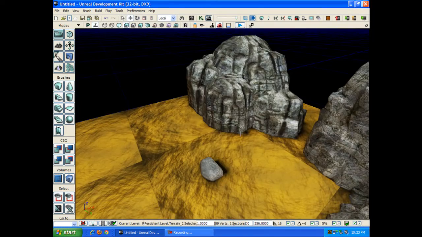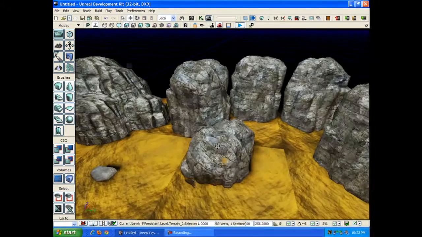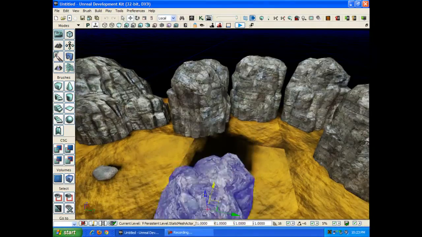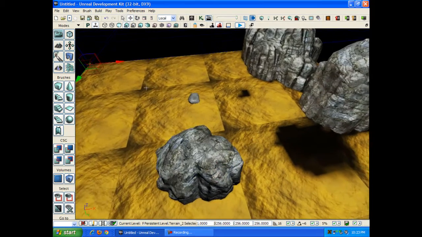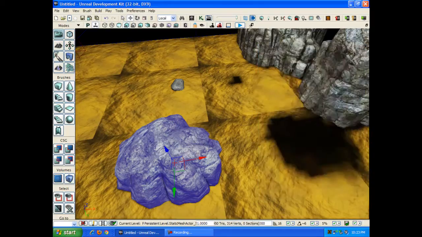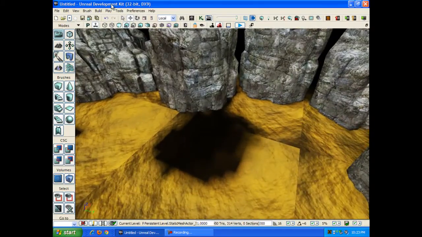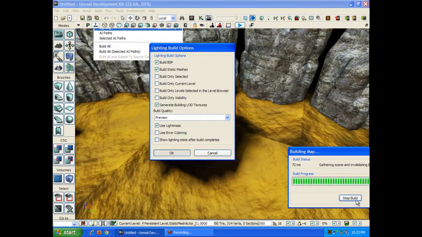Alright, so you got that. Notice all of them except this one and this one actually have blockage, I guess you call it. A volume where it stops you. I don't know why I'm doing this, but